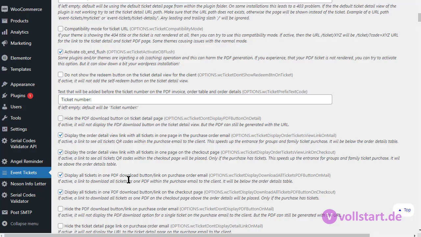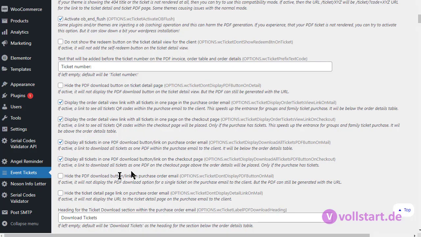Keep always in mind that if you generate PDFs, then there's a limit for the email. Also a limit on your server. If they're buying 100 tickets, you need to generate on your server first the 100 tickets PDF, and they're quite big, maybe 11 megabytes, and they are not going to be sent with the order email, so they might have a problem. This is anyway just a download. The premium allows you to attach the PDF. But it could still be quite big, and it's rendered every time they click on the link on your server.